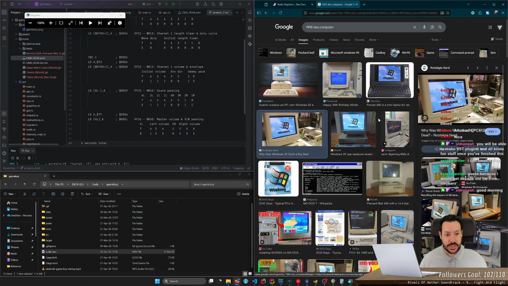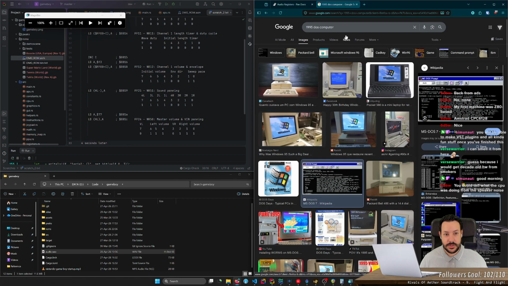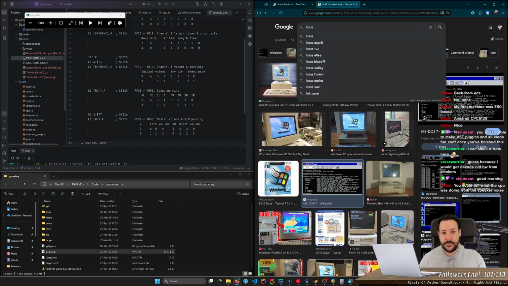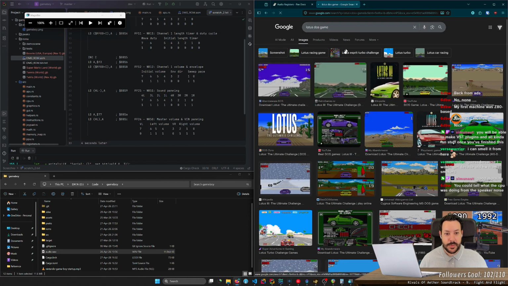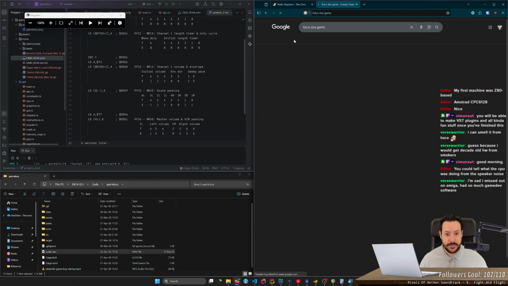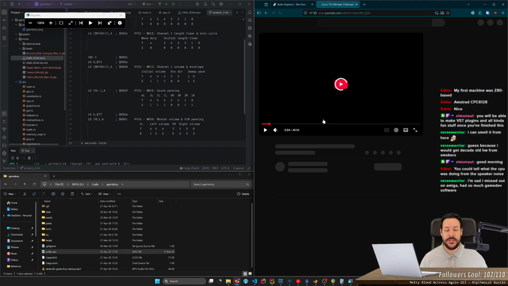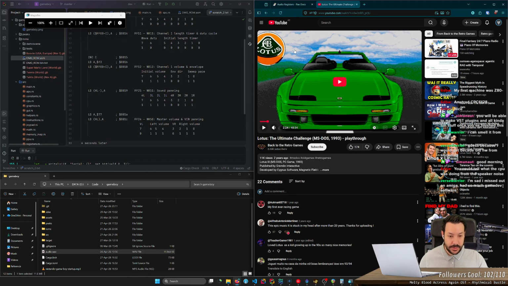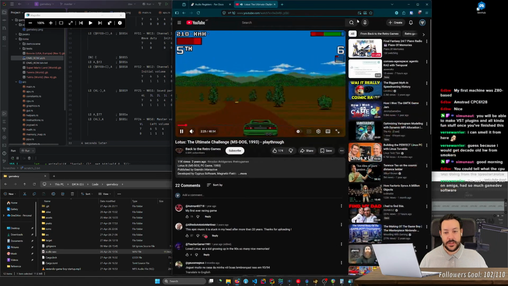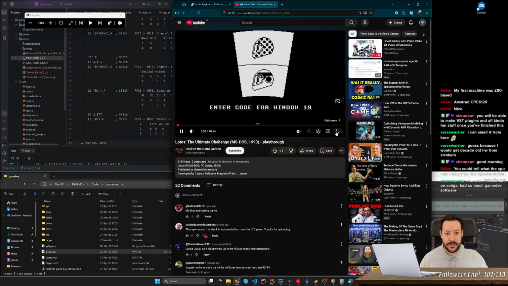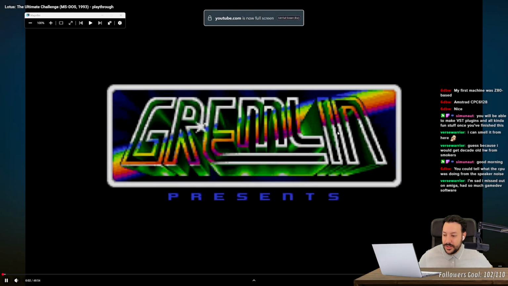It ran Windows 95 and it also had DOS, and I remember playing the shit out of this game, which is freaking amazing. Yeah, I remember playing this.